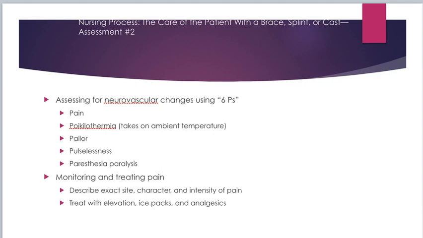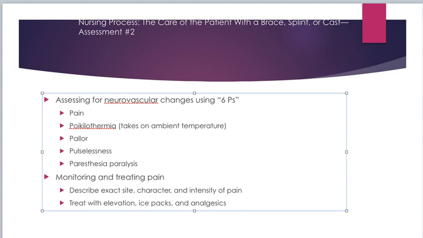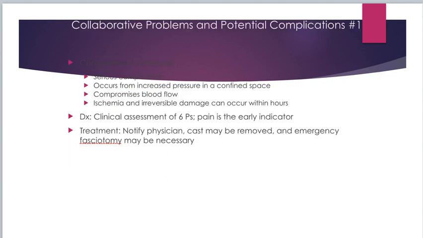Neurovascular changes, the 6 Ps: pain, poikilothermia, pallor, pulselessness, paresthesia. 1, 2, 3, 4, 5, 6. Sorry, I was just counting to make sure there were 6 of them there. And then pain, a good pain assessment, we can treat it with elevation, ice packs, and analgesics. Then we've got